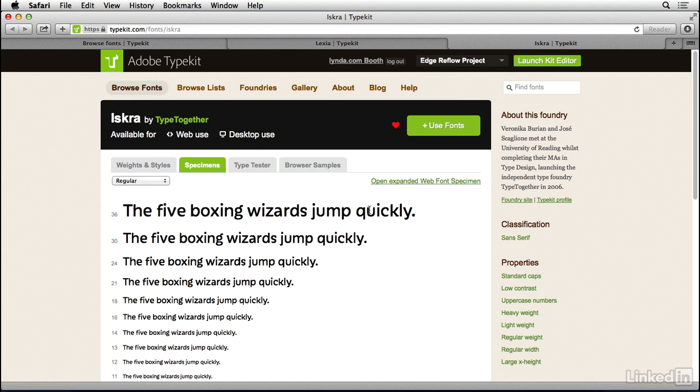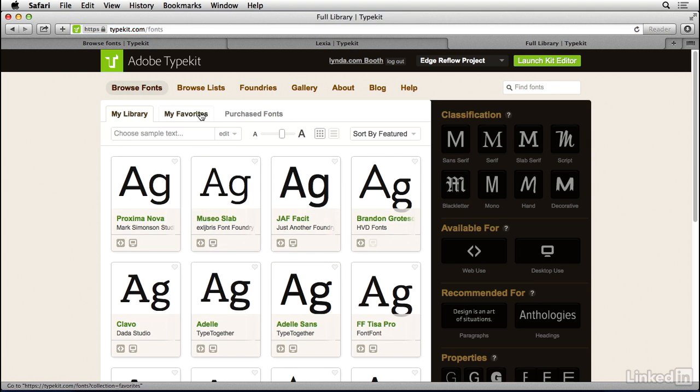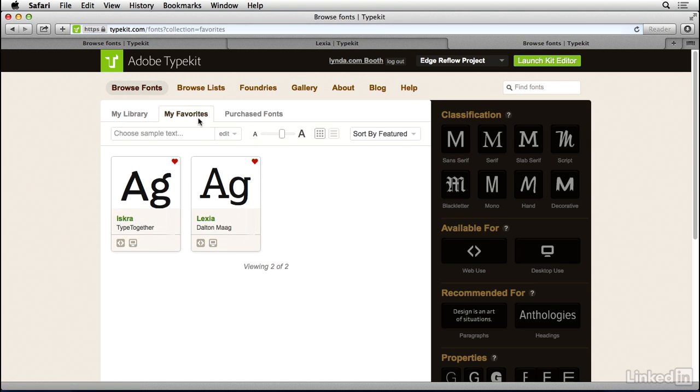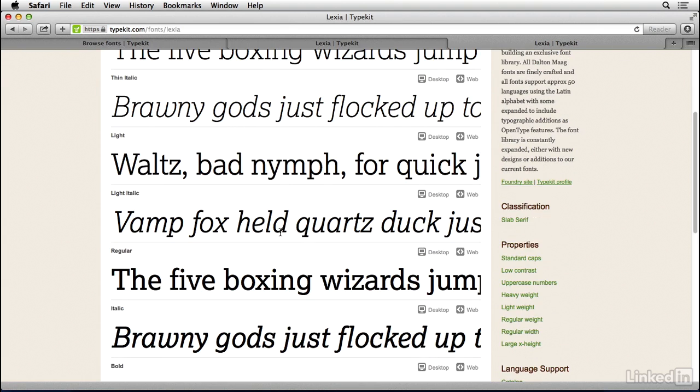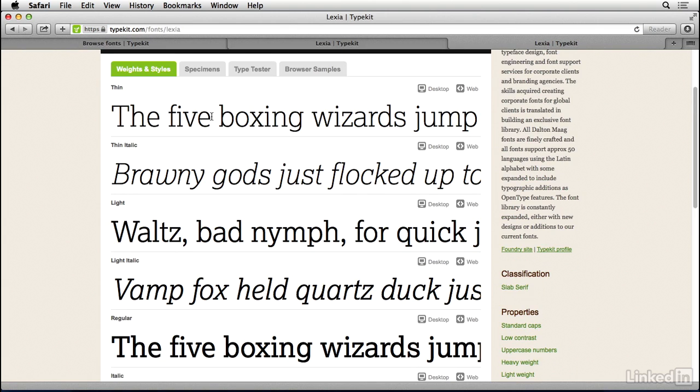And that's sort of always a tricky one for me. But remember earlier, I said that I like the style of that Lexia font. So let's go back to that for a second. Let's go back to there. And once we get into there, I'll just click favorites and I'll look at Lexia again. I took a look at just the regular Lexia and the light. And so light, that's actually pretty thin